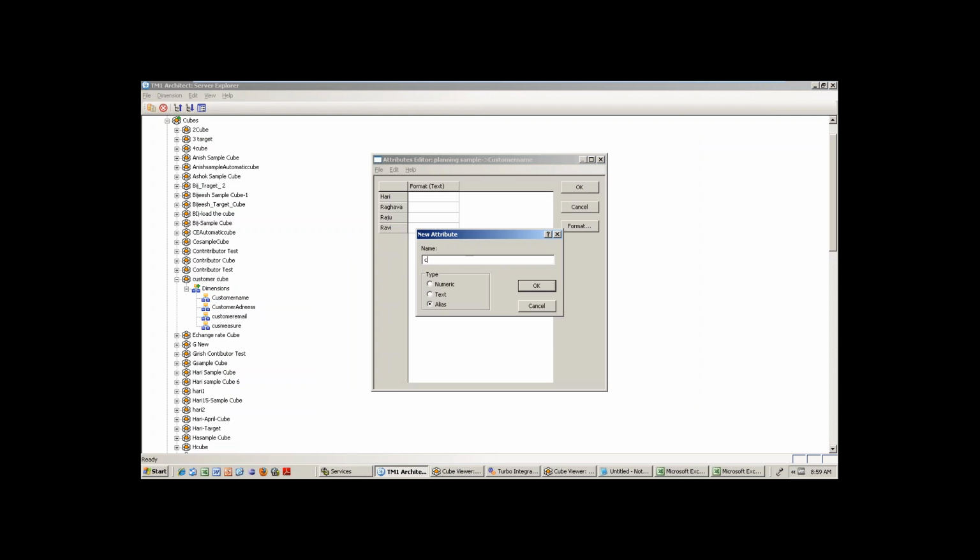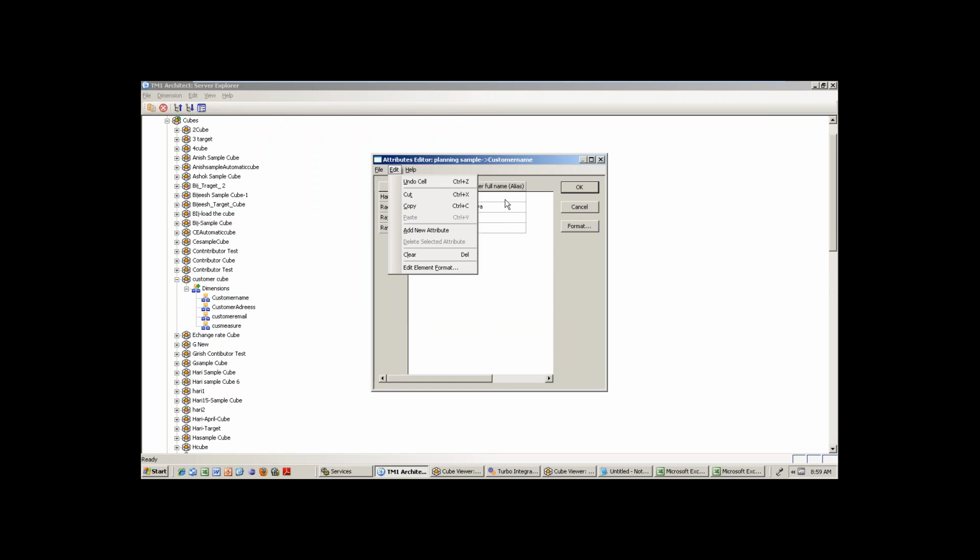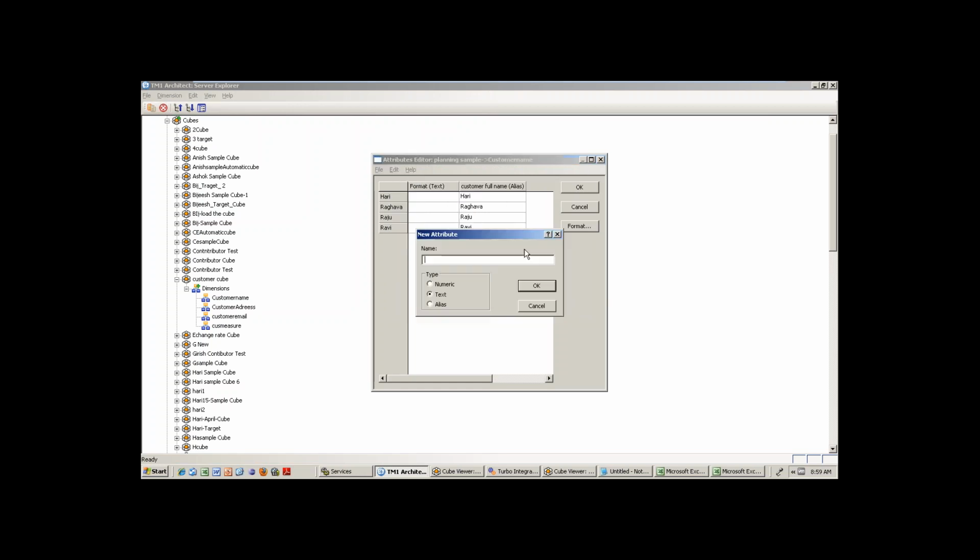Say this is the customer full name. Done. Alias. Next, one more, you can edit whatever you want. And one more thing, whatever you are expecting, customer phone number, something. Like this, you can create n number of aliases, you can put 91, something like that. Whatever you want, you can put. So you can go for n number of aliases.